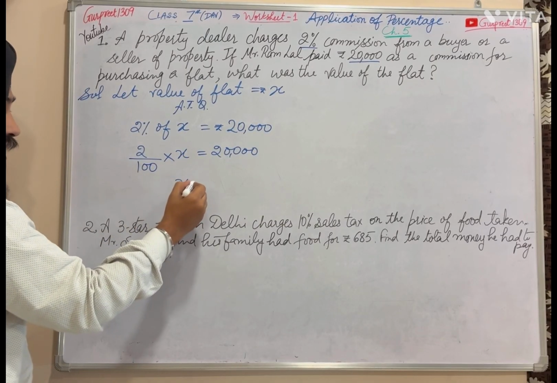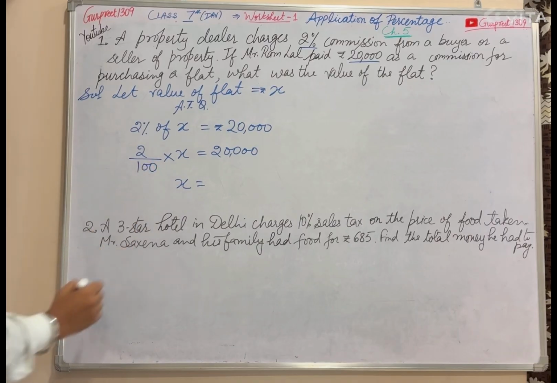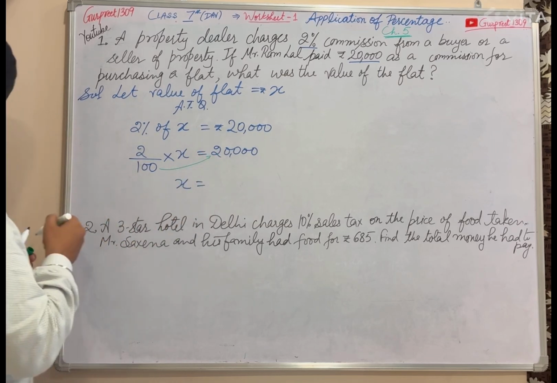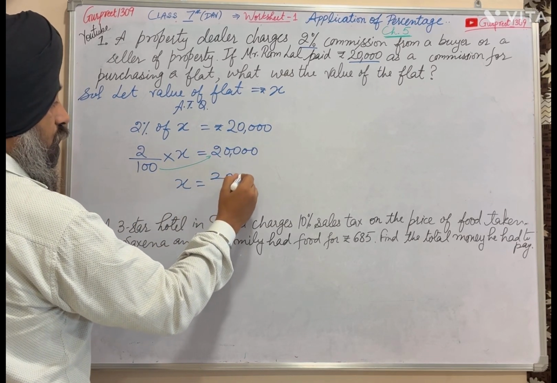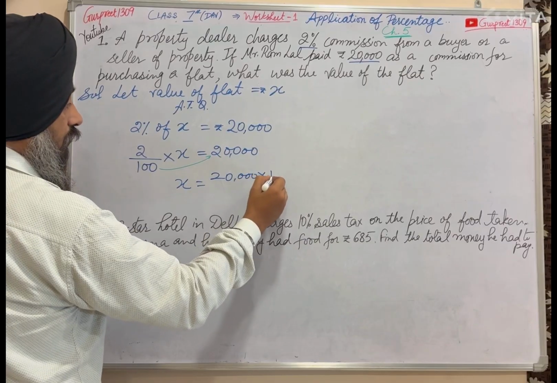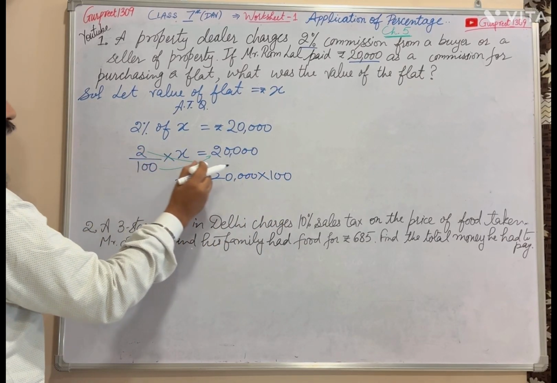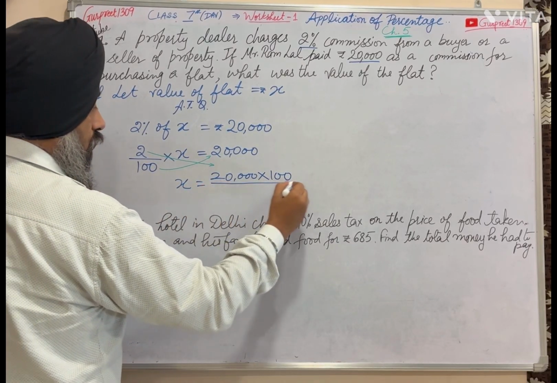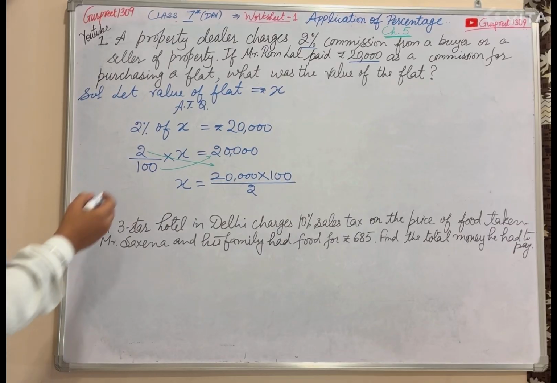We keep x here and take this 100 to the other side in the numerator. So we write like this: 20,000 multiplied by 100, and the other one is 2. 2 will go downward in the denominator. There is a 2 in the denominator, 100 in the